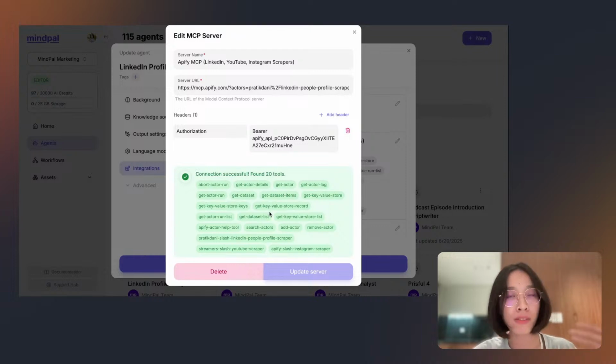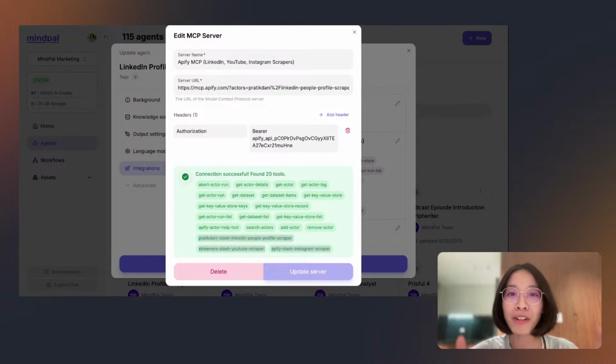Besides the utility tools added by default by Apify, we found the three most important tools here: LinkedIn people profile scraper, YouTube scraper, and Instagram scraper, which are exactly what I want to bring to my Mindpal agent. So as you can see, the process to bring Apify into my Mindpal agent is very simple.